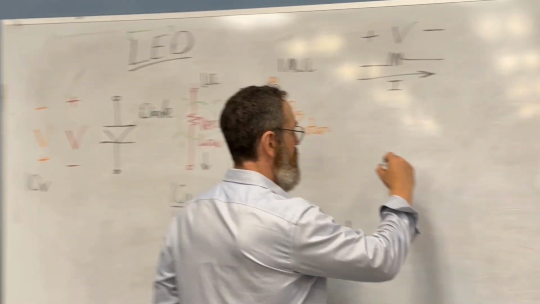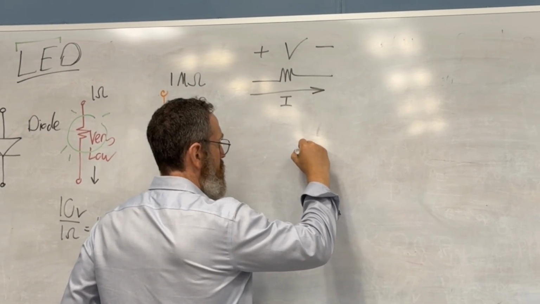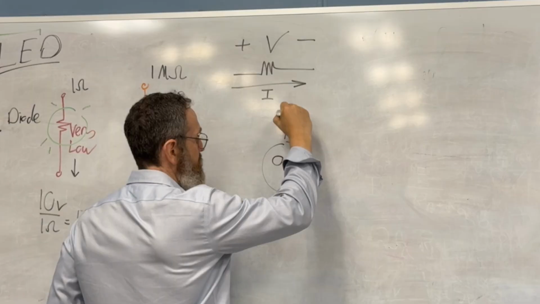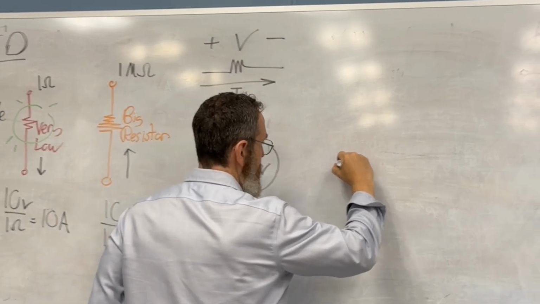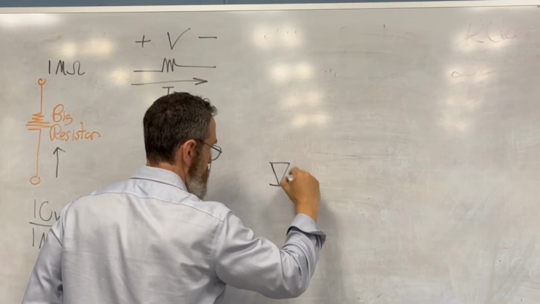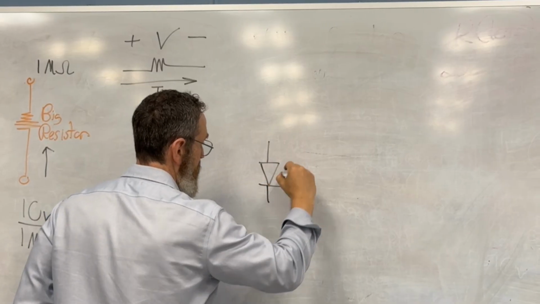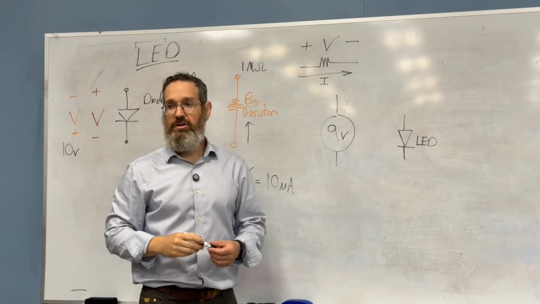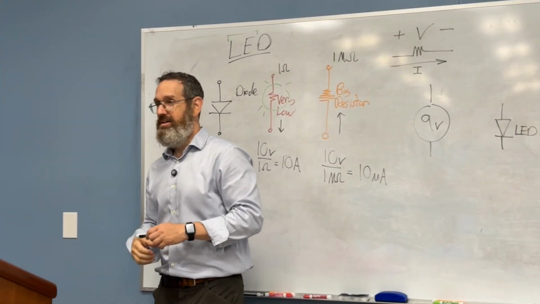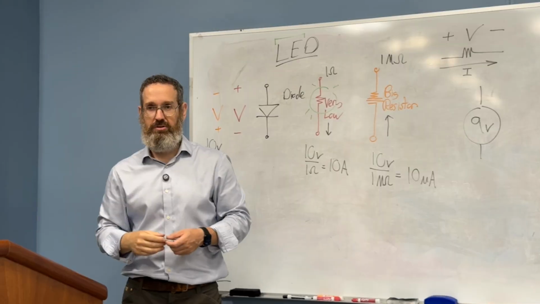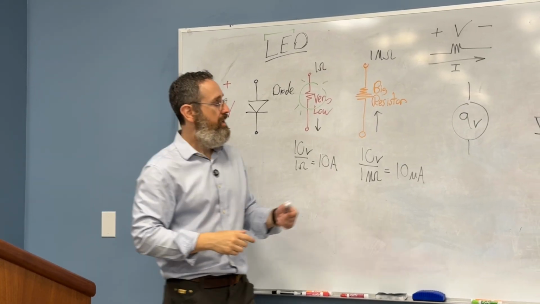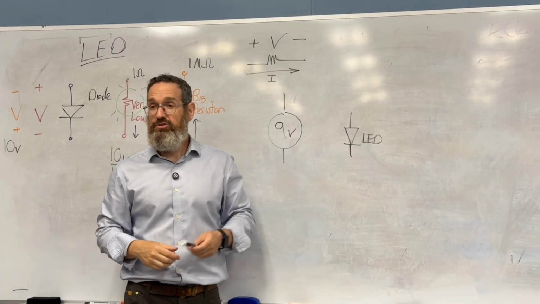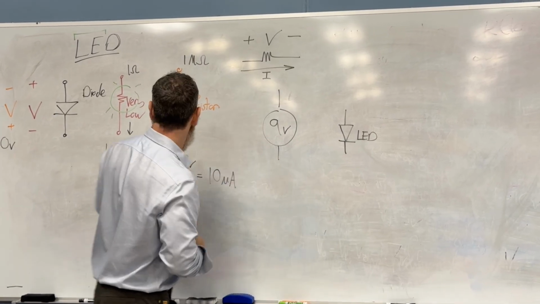So let's say we'll talk about a 9-volt battery. We have our 9-volt battery, and we have our diode, and it's a light-emitting diode, LED. And we would like to turn it on, like you want to make a little flashlight or something like that, right? That's a great little instrument, right? A light source. But if you connect it, it immediately blows up because you are in this mode,